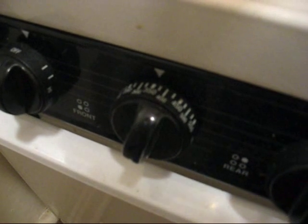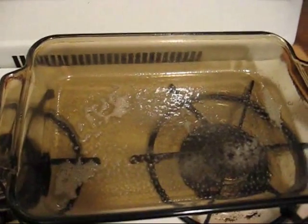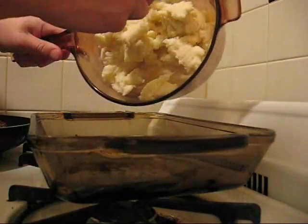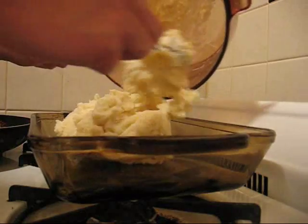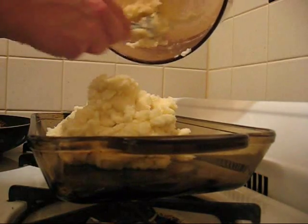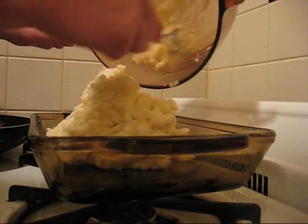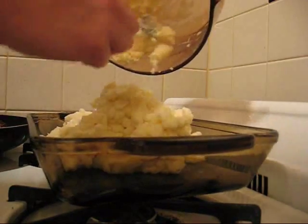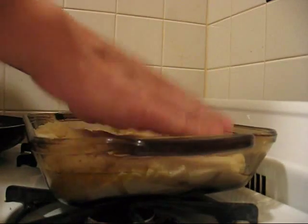Preheat your oven to 350 degrees. And then you want to coat your baking dish with this spray or the butter. You want to take your potatoes. Remember, don't make them too thick and don't make them too thin. It's kind of difficult to do, but if they're too thin, remember you're going to have the sauce in there, so you don't want it to be like a watery mess. It's supposed to be a casserole. Because they're so dry,